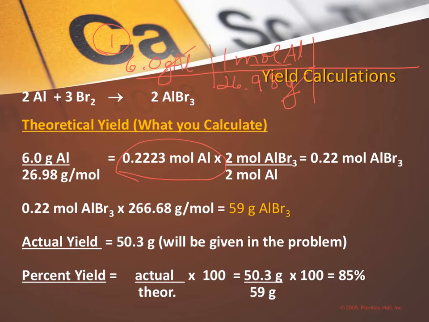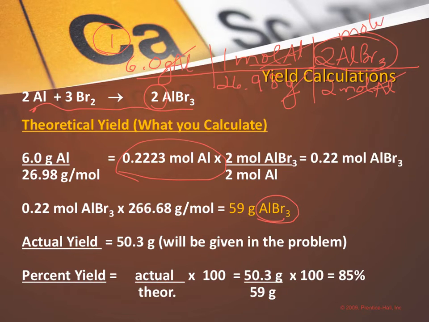Once you have moles of aluminum, you can use the mole ratio from the balanced reaction to get to the substance that the question's asking us about, which is aluminum bromide. So if you look at the balanced reaction, 2 moles of aluminum give us 2 moles of aluminum bromide. At this point, if we stopped, I should have written moles here, we would have moles of aluminum bromide. However, we actually need grams of aluminum bromide in order to calculate percent yield, or get theoretical yield